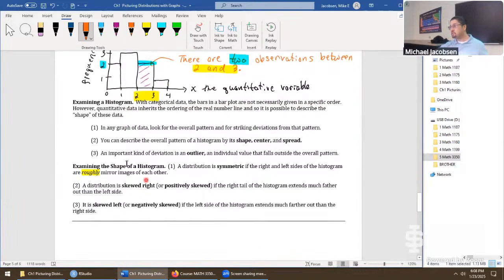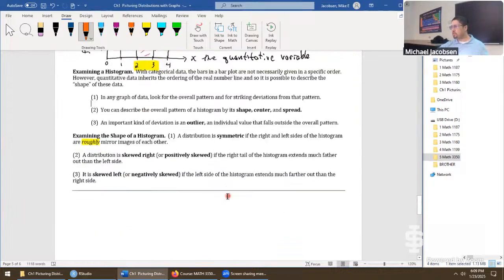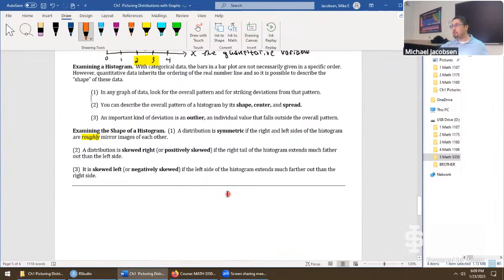Next thing we're going to do is describe shapes of histograms by mentioning any kind of deviations from the overall pattern. We will look at that. We'll consider that to be an outlier. That's kind of redundant right here as well. Need to look into those notes. We'll also describe the shape, the center, and the spread, and whether the histogram is symmetric, skewed right, or positively skewed, versus skewed left. So let's draw down some fresh histograms to get all those ideas in order.